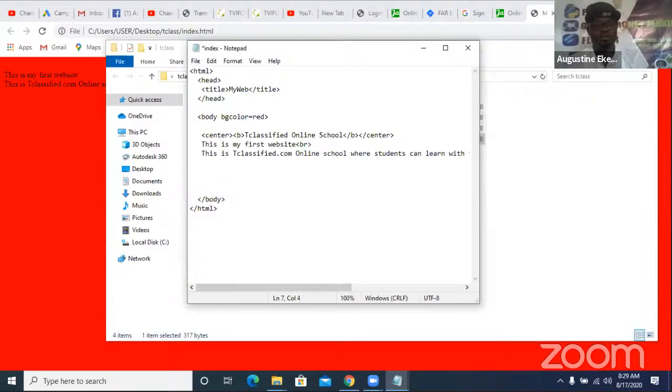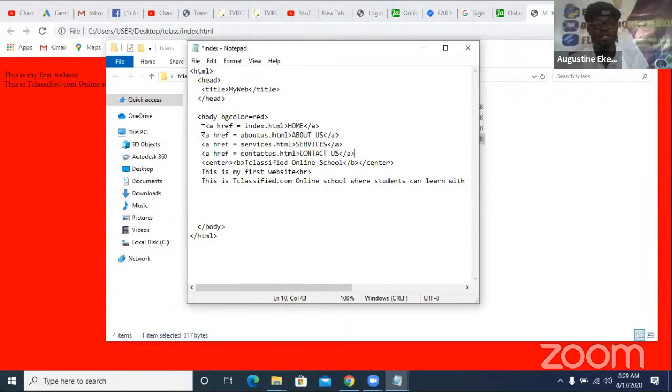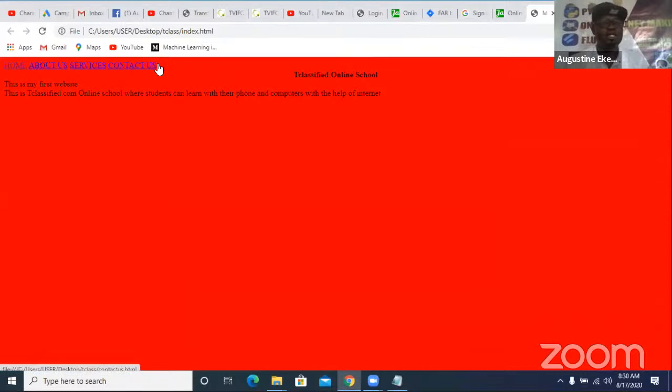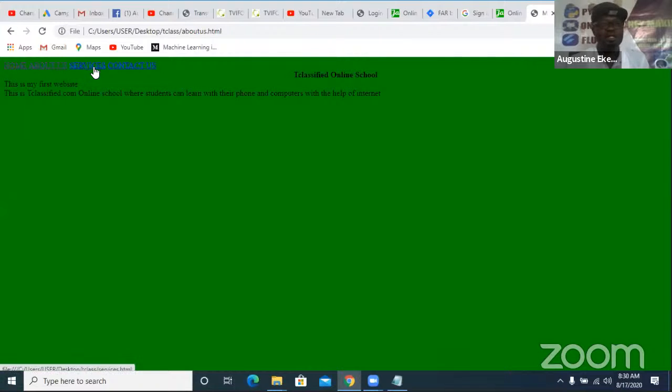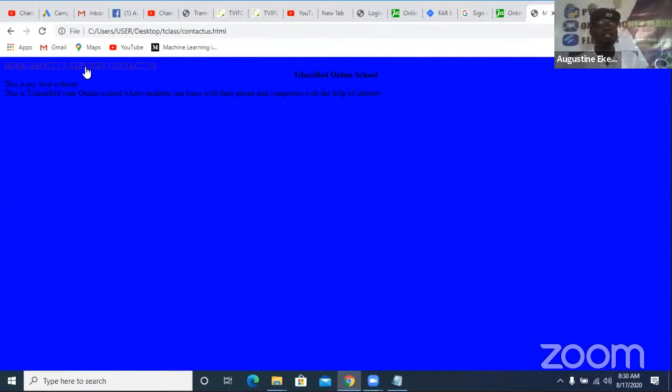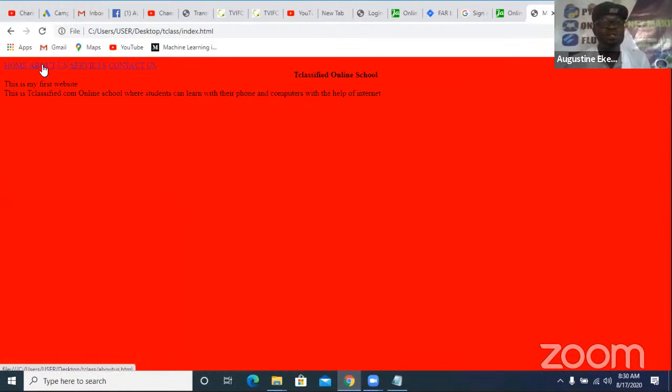That's why it's not performing well. So I'll do Control V to paste this here. Then I'm going to save. Once you save, everything should work properly. If I refresh, you can see all the links. If I click on Home, About Us, you can see it's now green. If I click on Services, it's now yellow. If I click on Contact Us, you can see that the links are working perfectly. So that is how